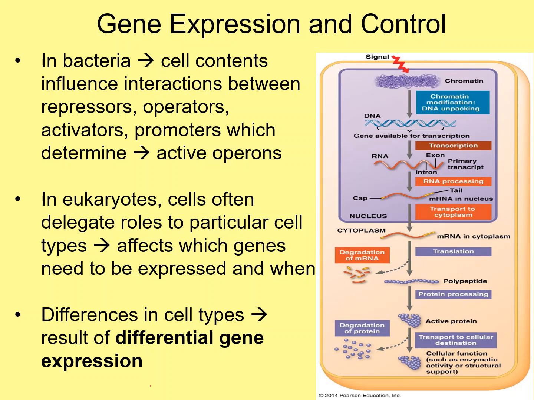So, for example, it doesn't make sense for cells other than bone marrow cells or other cells that make red blood cells to make hemoglobin. My brain cells don't need to make hemoglobin. My brain cells don't need to make some other stuff too. So it makes sense that in those brain cells,